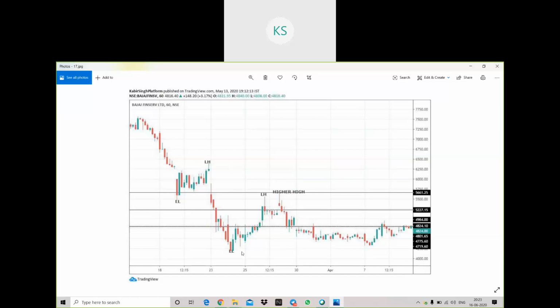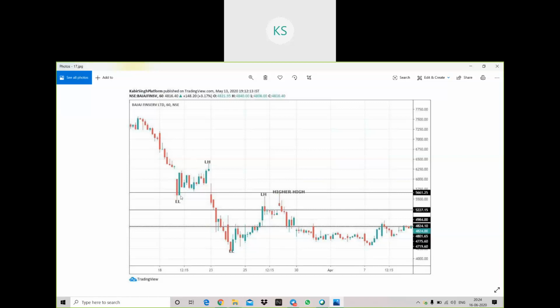If you see from here to here, this was in a downtrend. This is a lower low, LL, which I have mentioned. This is a lower high. Again the stock has made a lower low and a lower high, because this high is not broken. But if you see this point, this lower high is broken and it has made a higher high, because this is higher than this point. So here you will get an indication that the downtrend is getting reversed, or there is a high chance that the downtrend will change to an upward trend. That is the logic.